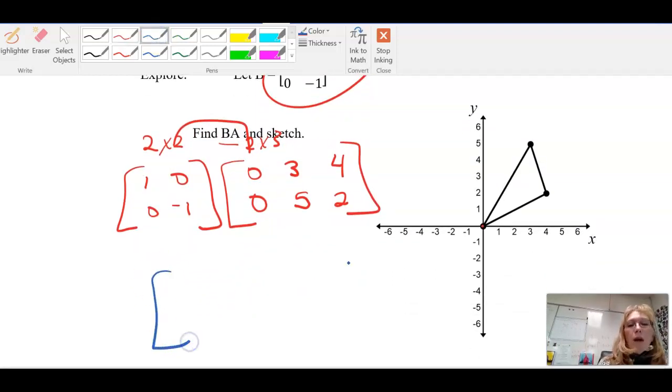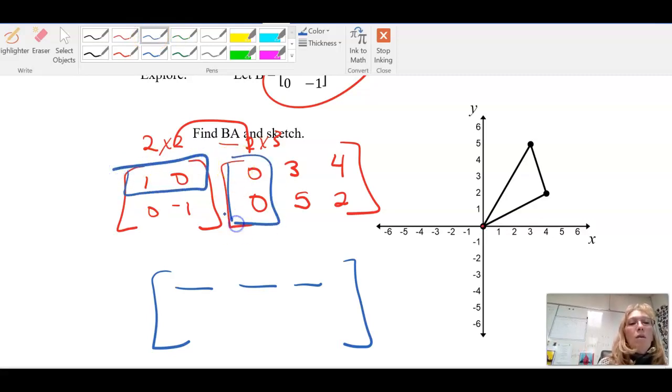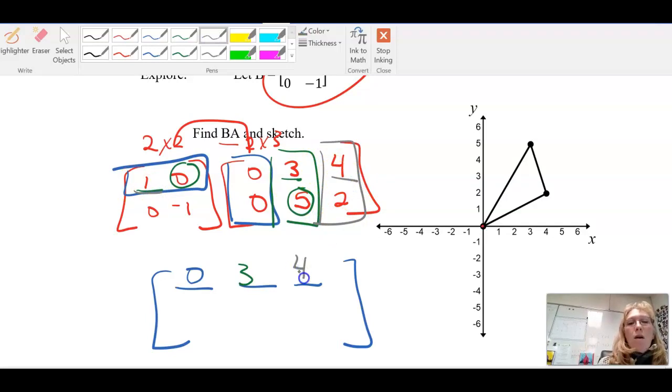So we're going to multiply. I need a 2 by 3. Sorry about that interruption. Okay, so we're going to multiply just like before. Rows, and then we didn't do column 1. Well, anything times 0 is 0, so that's not changing. Then I have to do it times column 2. So 1 times 3 is 3, and so it's 3 plus 0, because 0 times 5 is 0, so that's just 3. And then we're going to multiply by the next column. So 1 times 4 is 4, plus the 0 times the 2, again, is 0, so I got 1, 3,